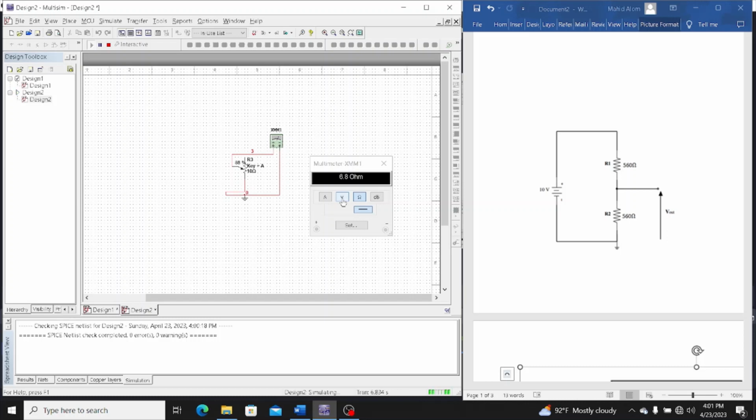So our another experiment is done, and our final experiment is on Y and delta